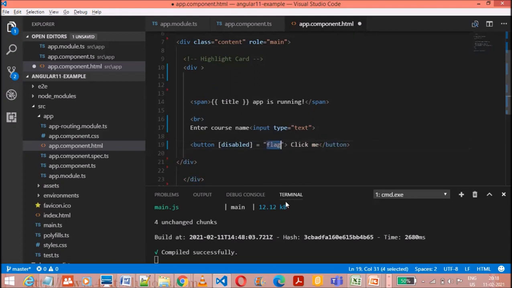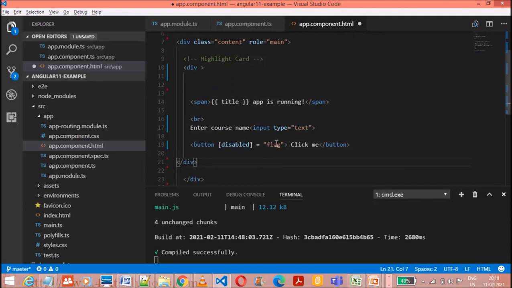Flag is a variable. The disabled property generally takes a Boolean value, true or false. If the flag is true, disabled equal to true means it would be disabled. And if the flag value is false, disabled equal to false means the button would not be disabled.